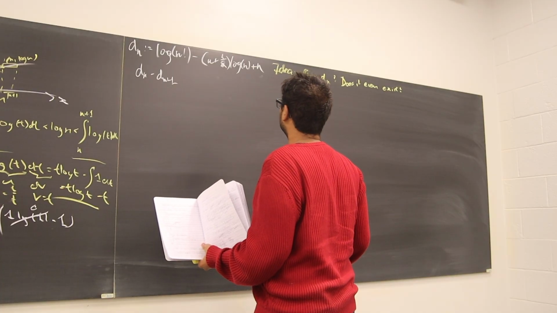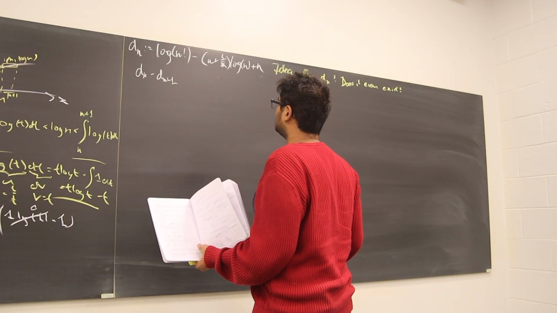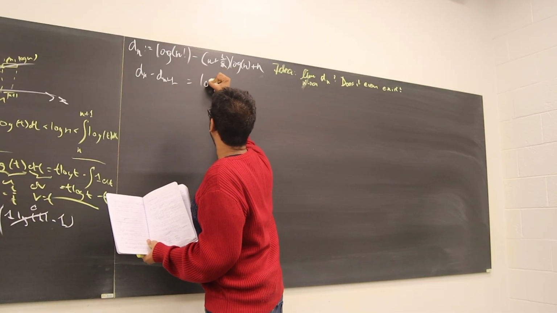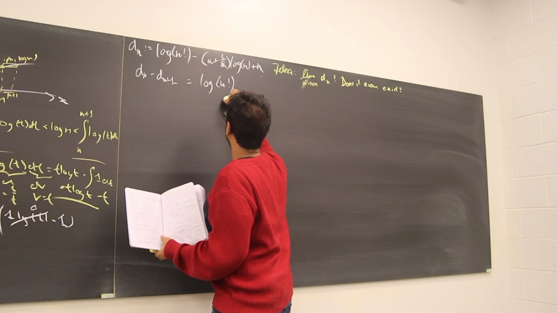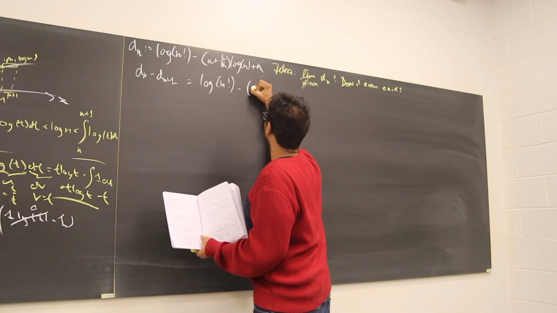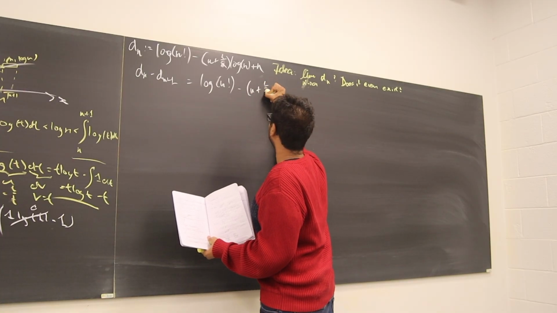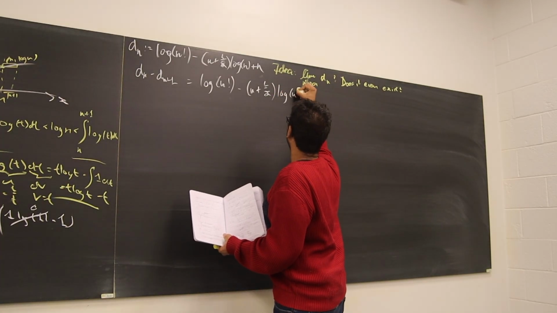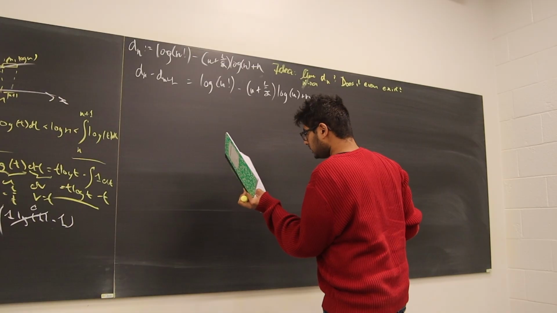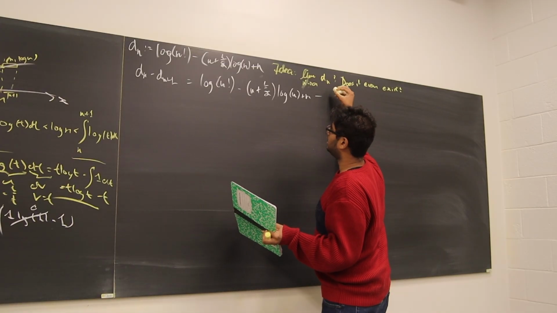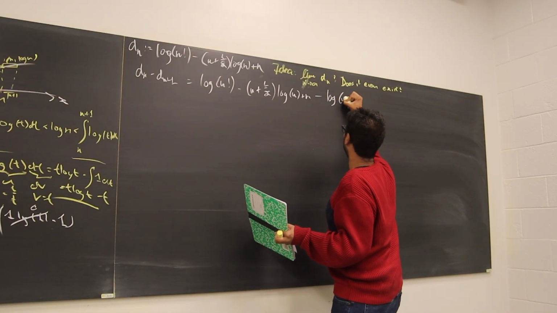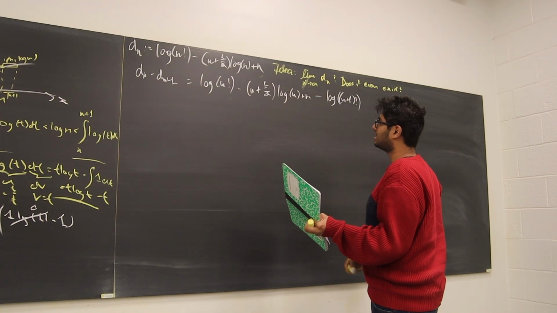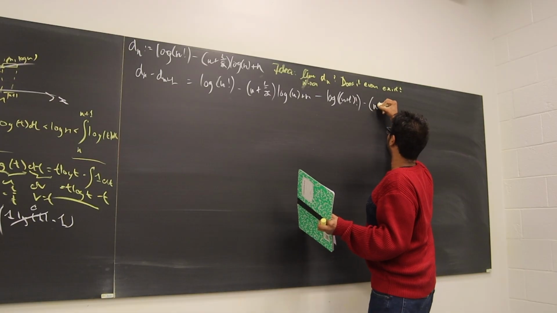So yeah, let's just do some subtraction. So we get, to spare you of the form, log n factorial minus, and this is kind of necessary, (n plus 1/2) log of n plus n. And then you subtract. It's very similar, it's just like algebra. Sorry about this. Minus (n plus 3/2)